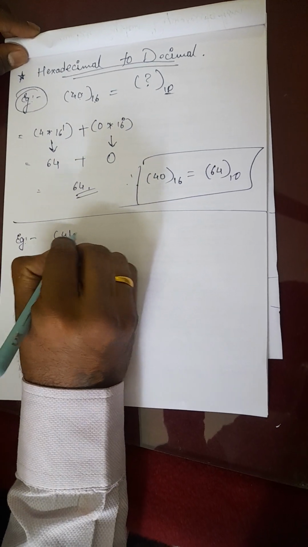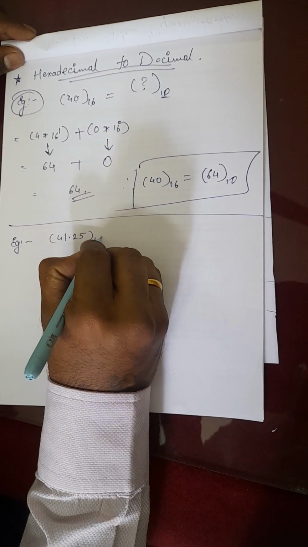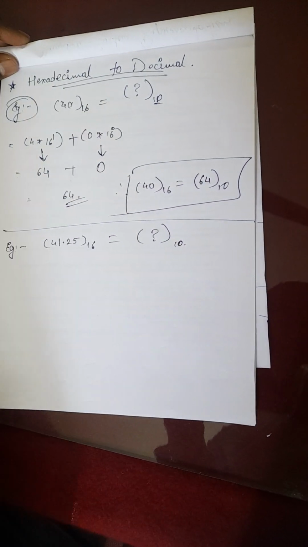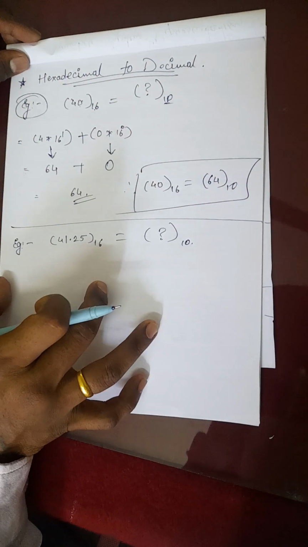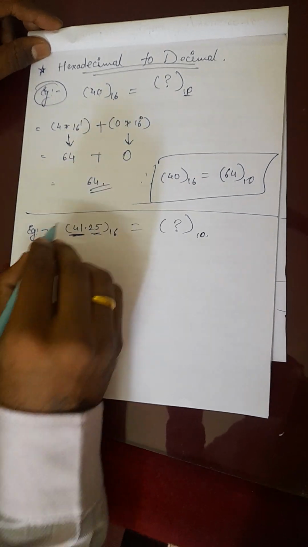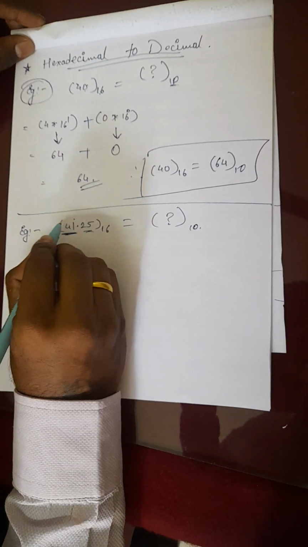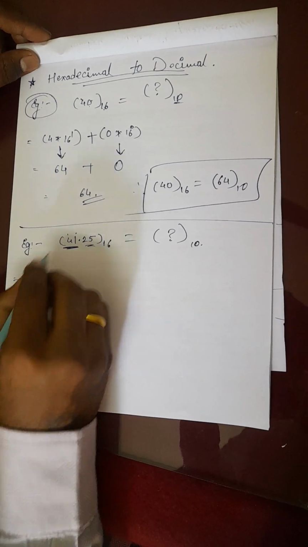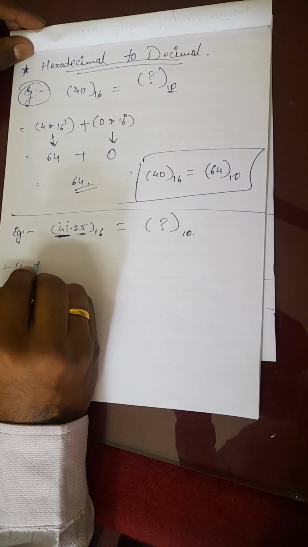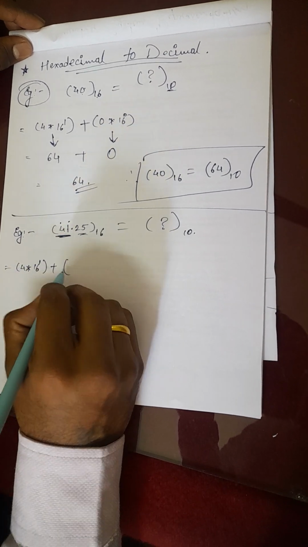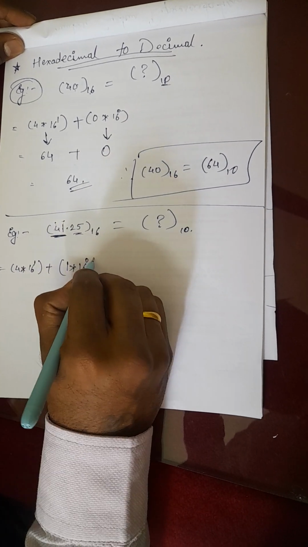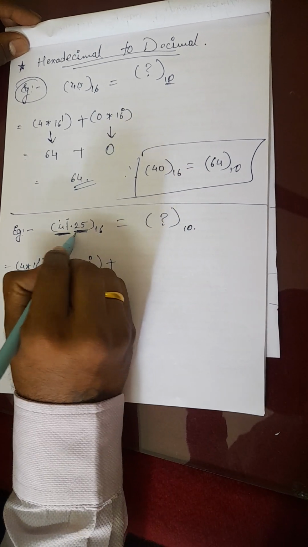In the same way, if it is asked like 41.25 hexadecimal, then we have to convert it into decimal. We follow the same procedure. First we go for the left side and then the right side. 4 multiplied by 16 power 1, plus 1 multiplied by 16 power 0, plus, now the right side part, 2